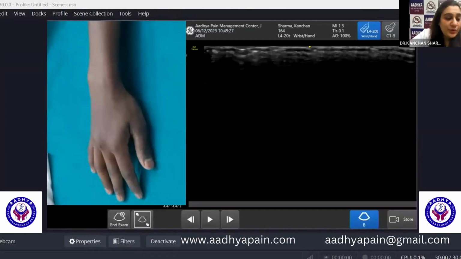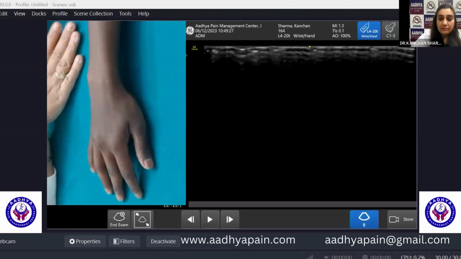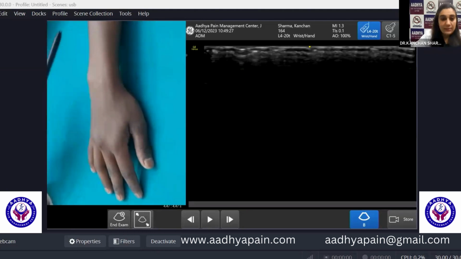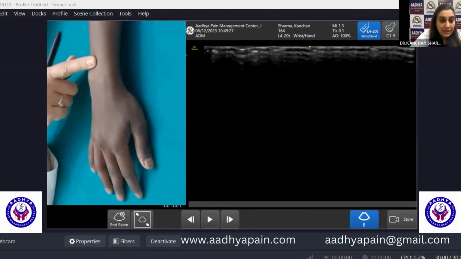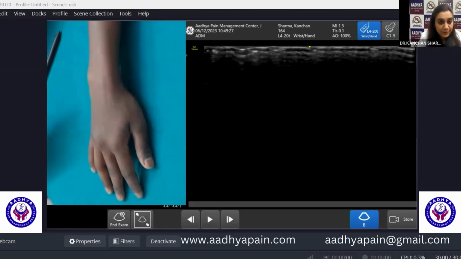So now, if you want to scan the dorsal compartment of the wrist, what you are supposed to do is make the patient sit across the table. Elbow is in extended position, forearm is pronated, and palm is resting on the table. So that is the position which you need to keep if you want to scan the dorsal compartment of the